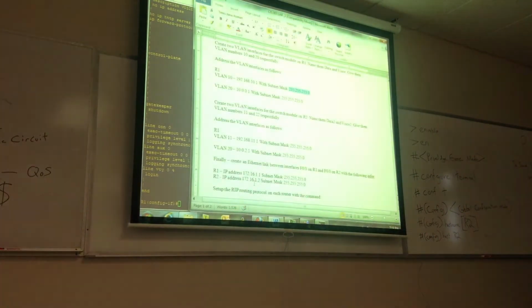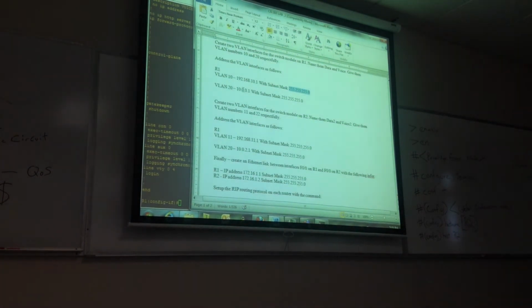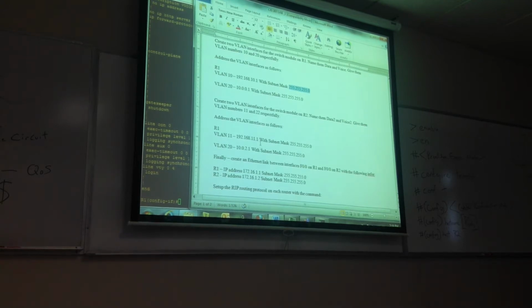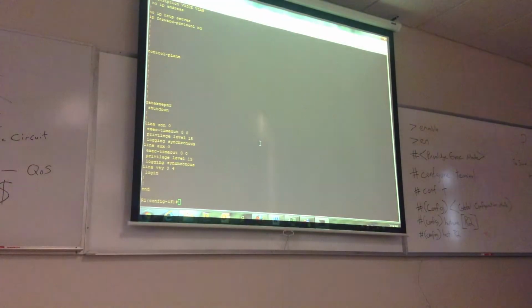Okay. You can do the same thing for VLAN 20. You can do the same thing for VLANs 11 and 20 on R1. Okay. So, actually on R1, I'm going to go ahead and do this. I'm going to add the 192.168.11.1 and the data VLAN